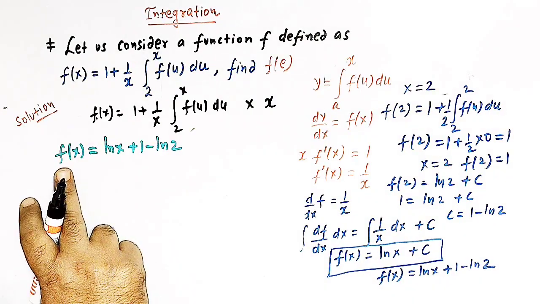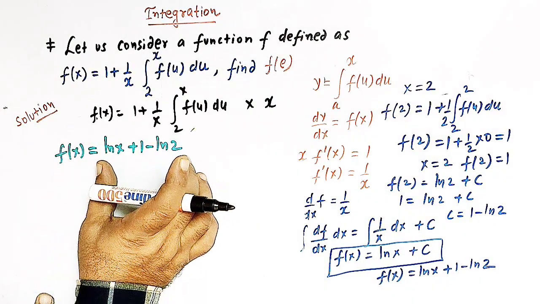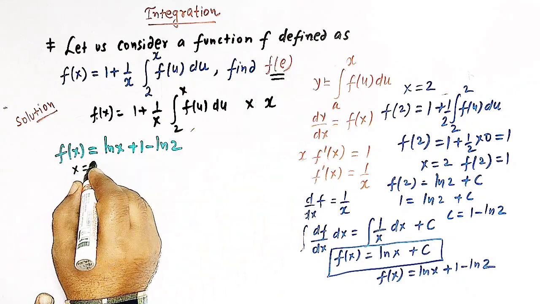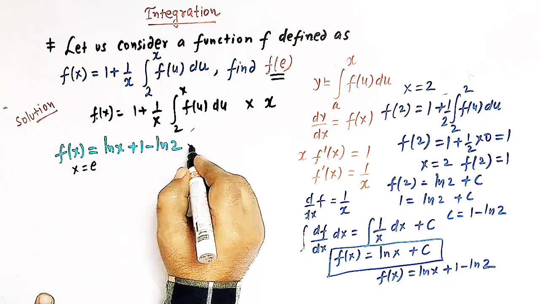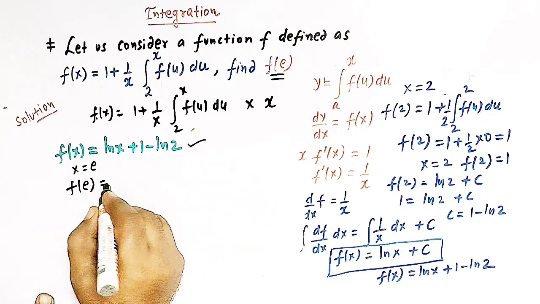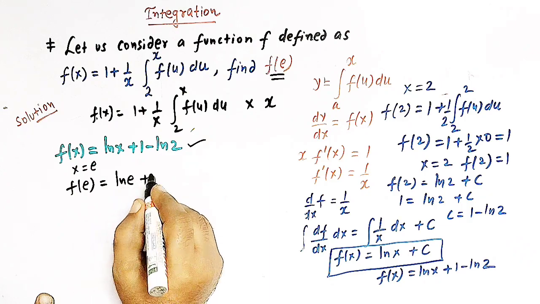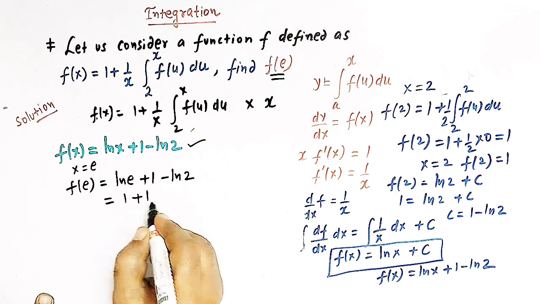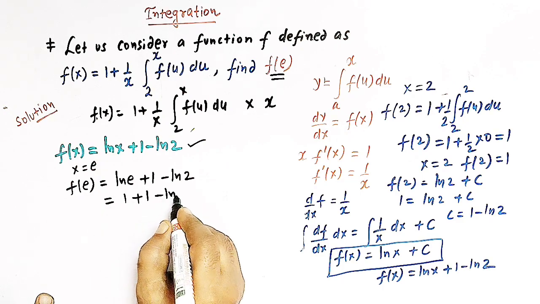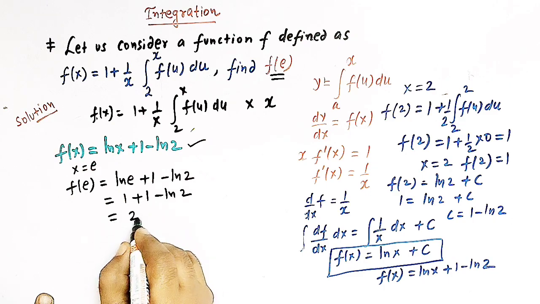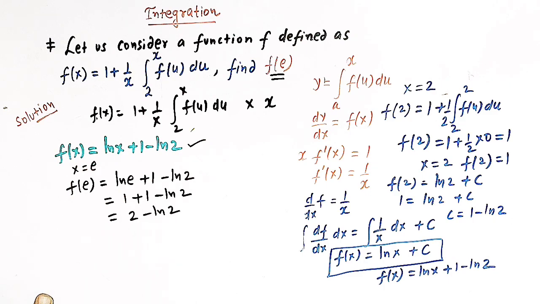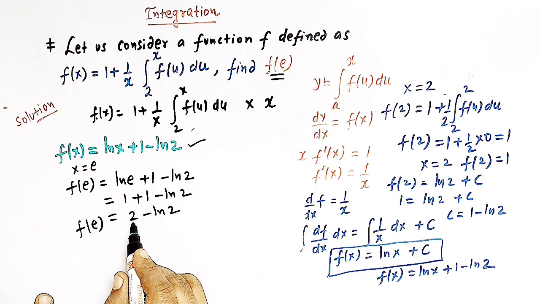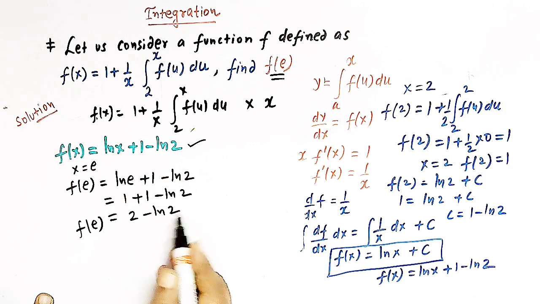So our function f of x is now given by this expression, and we have to find the value of f of e. So let us take x equal to e in this function. We have f of e equal to natural log of e plus 1 minus natural log of 2, and natural log of e is 1. So we have 1 plus 1 minus natural log of 2, that is 2 minus natural log of 2, right? So the required value of f of e is 2 minus natural log of 2,